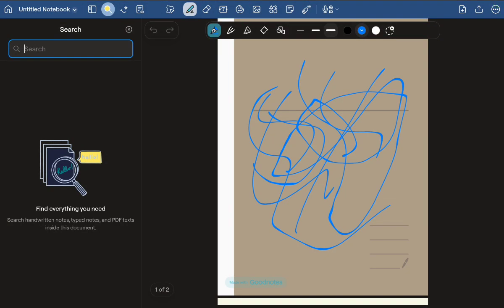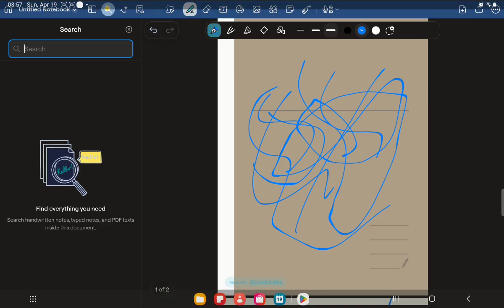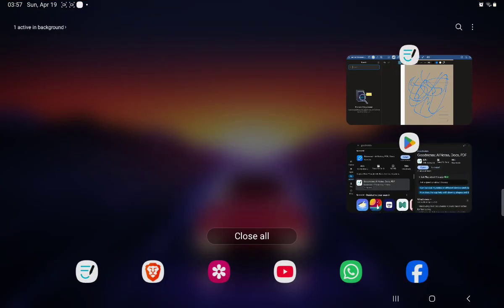In today's tutorial, I'm going to show you how to fix the Lasso tool not working correctly in Goodnotes in 2026. The Lasso tool not selecting properly in your Goodnotes can slow down your editing, and here's exactly how to fix it. But before we start and get into these steps, the first thing I'm going to show you